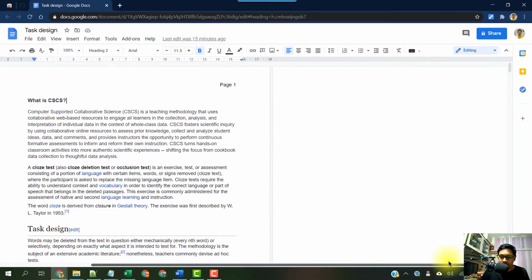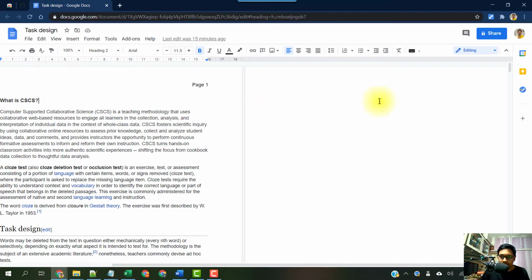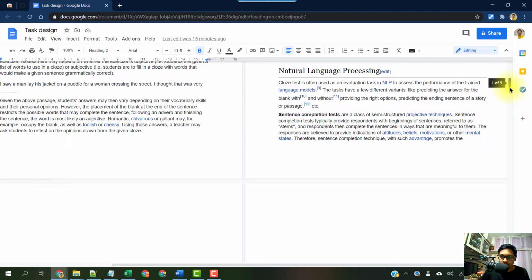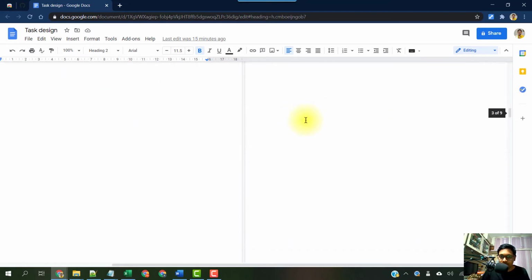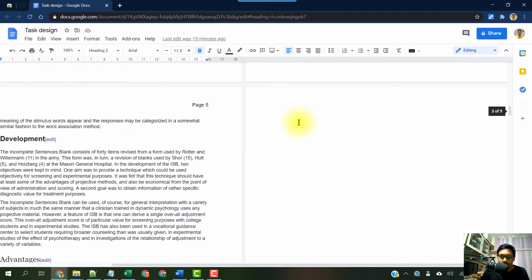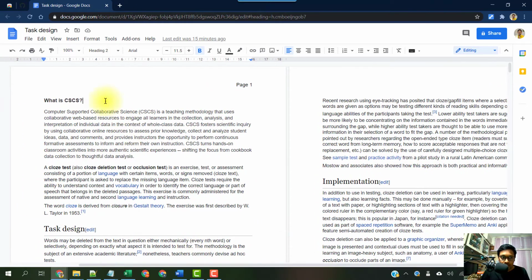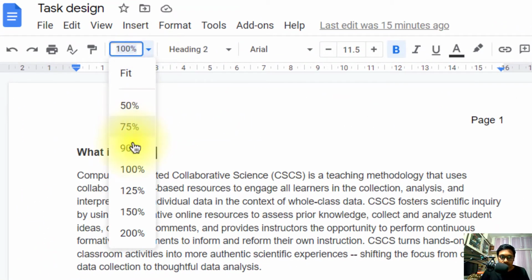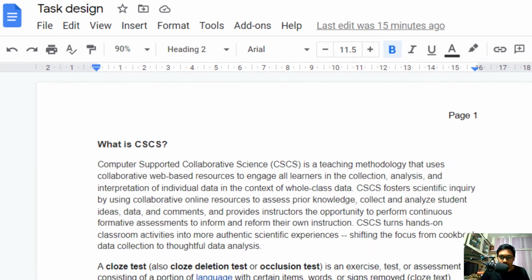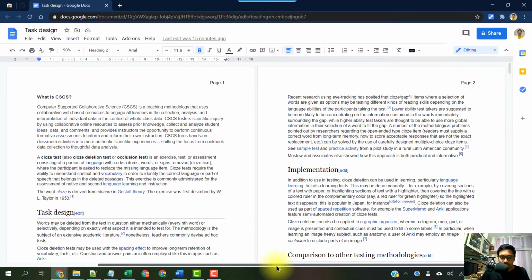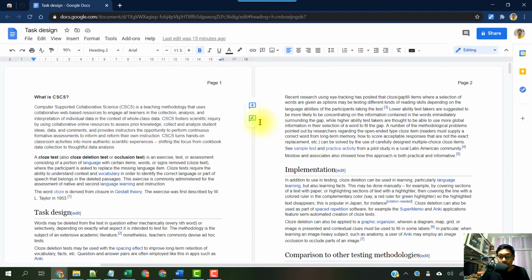You can see that a new page here gets activated, and once you scroll a bit, you will see the text slowly appearing with the two-page view. Now let's zoom out a little bit to fit the entire contents into my screen so that we can see both the views, both the pages side by side. That's it. You will now see a two-page view of the same document within the same browser tab successfully.